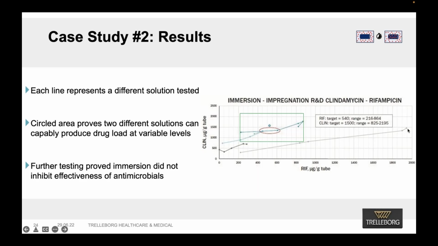So our team, after those initial attempts, did go back and make another attempt at improving upon those results. And that's where you see now these two systems that were also possible that our team generated as results. So the red circling here really is a highlight that we were able to achieve, and these are two different solutions. We were able to achieve results that were very close to the target. And I think that's the main thing to point out here, is that now when we have two different solutions that are capable of generating something closer to the range,